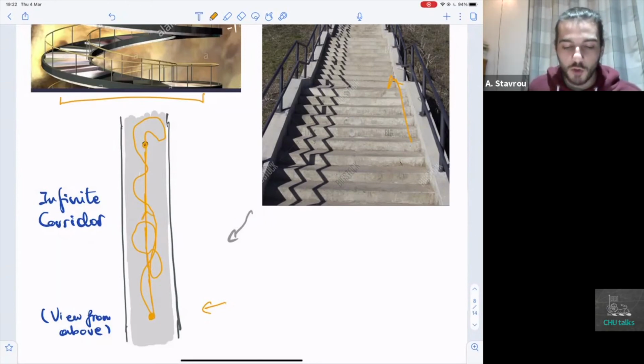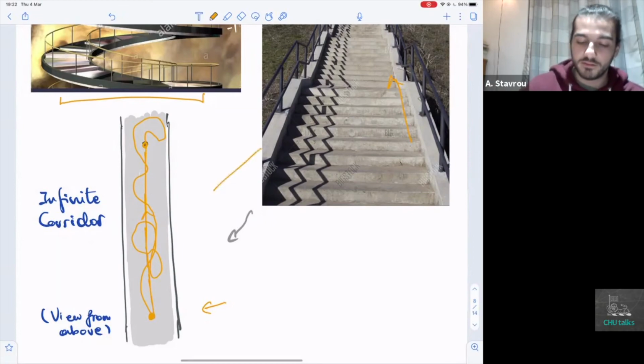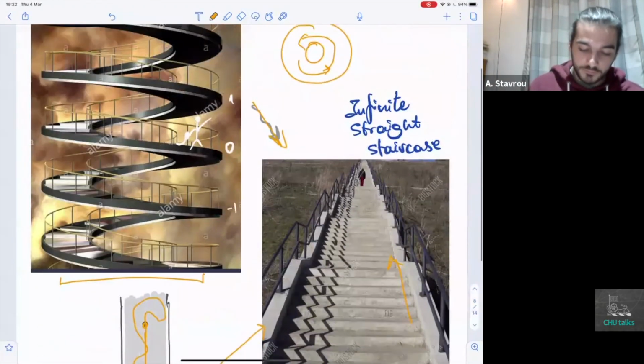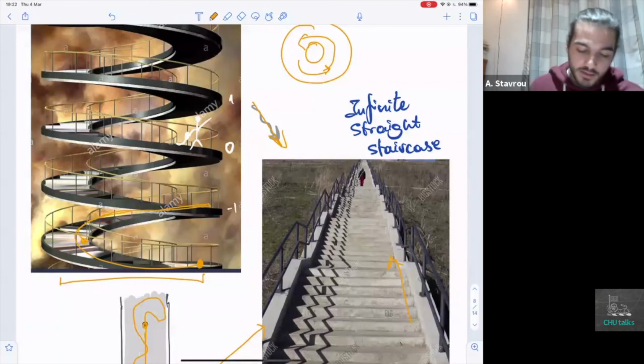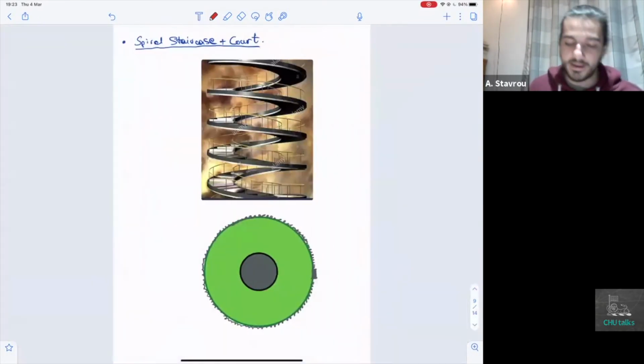This is the same for the staircase that goes upwards, and this is the same for the staircase that is spiraling. If you start from this point down here and you walk around and then walk backwards to this point, then you can pull your rope to just be the straight line that goes from one to the other. So where do I want to get with this? Let's move on to the next picture.